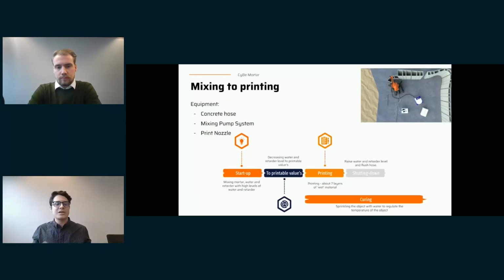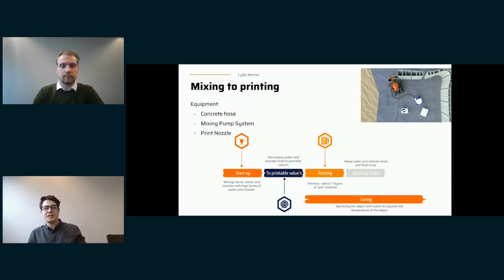If you have a lot of experience in a certain place, you can do this quite quickly. It just depends. It's super important to keep your statistics right. So once you test, you know how much water and how much retarder you need for your specific case, so it's going to be fine. Then we have the printing. We start printing, and after a couple of layers, we start curing because, as you can see in some of the videos, there is some evaporation of water during printing. To avoid any kind of cracks from shrinkage, we cure during the printing.